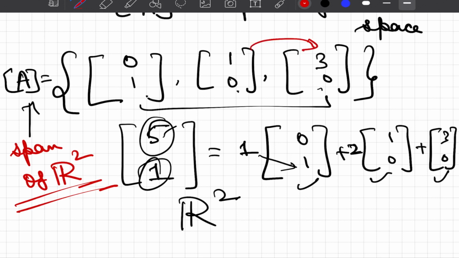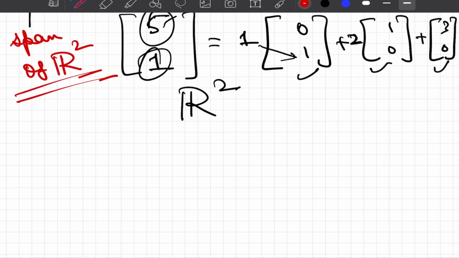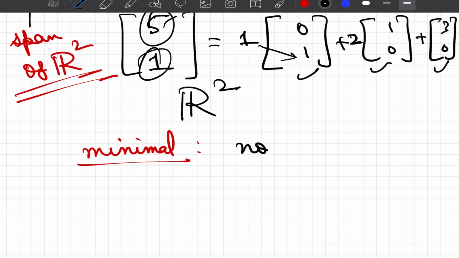However, you clearly see that there is some redundancy here, because (3, 0) is just a linear combination, or it can be derived as 3 times (1, 0). Hence, there is a problem. So, we need to define something specific, what we call the minimal. Now, a minimal set is that small subset of A if there exists no linear